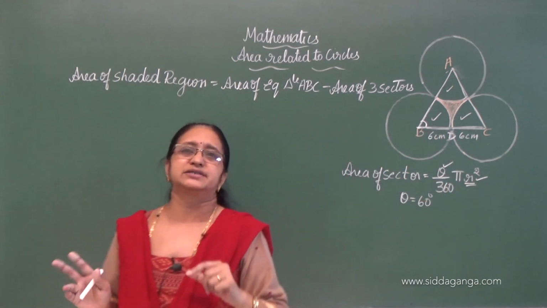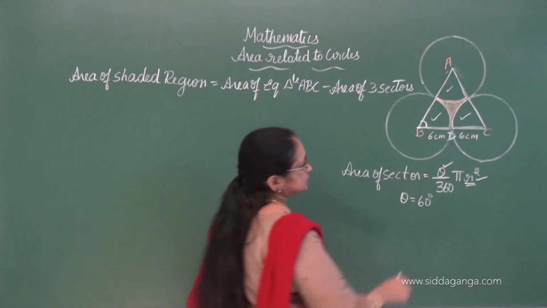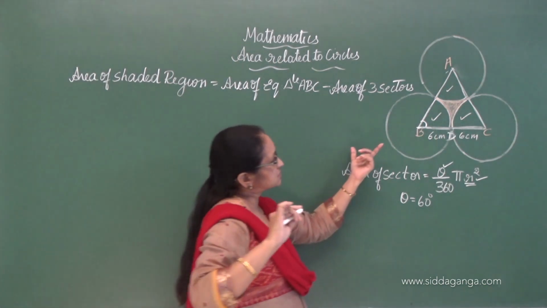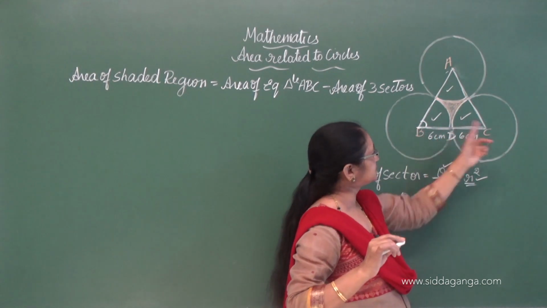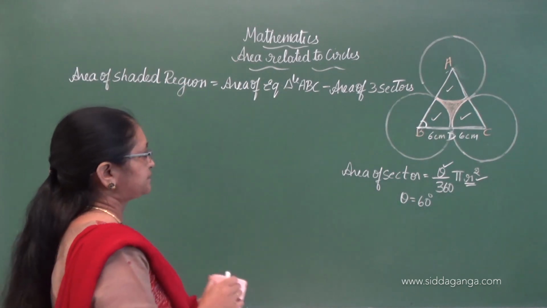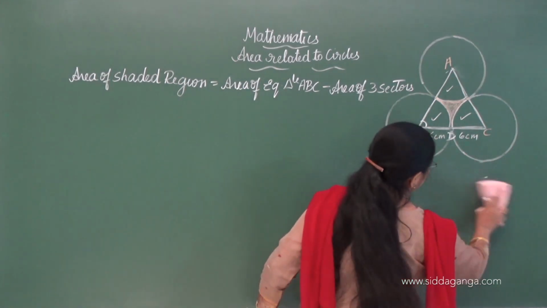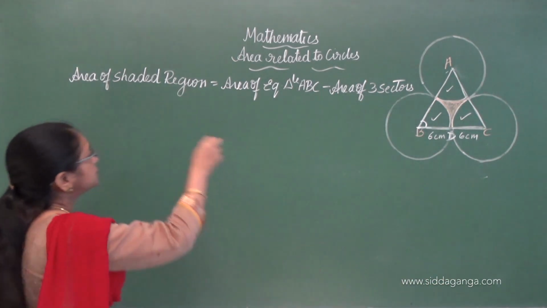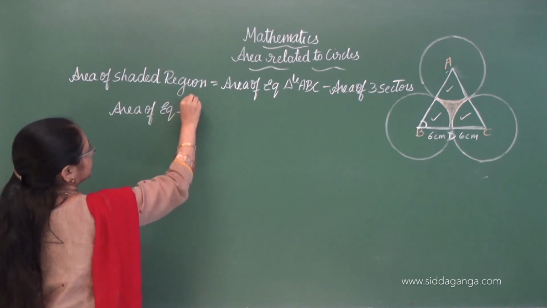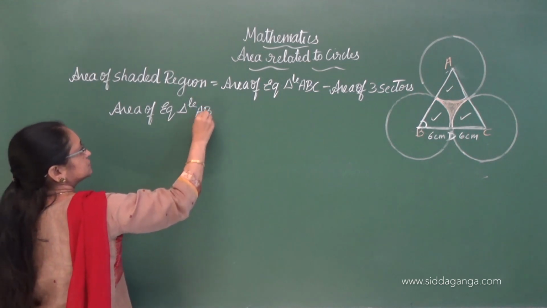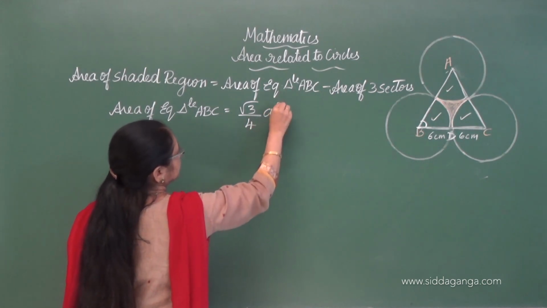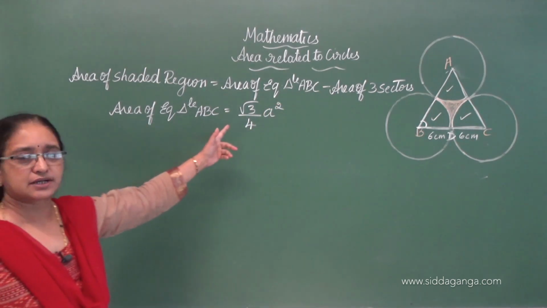So, now what is the next step? Next step, I have to find out the sides of the triangle BC, okay. Since it is an equilateral triangle, AB is equal to BC is equal to AC. So, how to find out the side of the triangle now? By using the area of equilateral triangle ABC. You all know root 3 by 4 into A square. You all know this formula. You are familiar with this formula, correct?